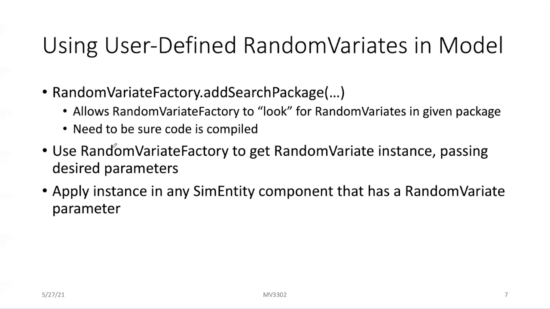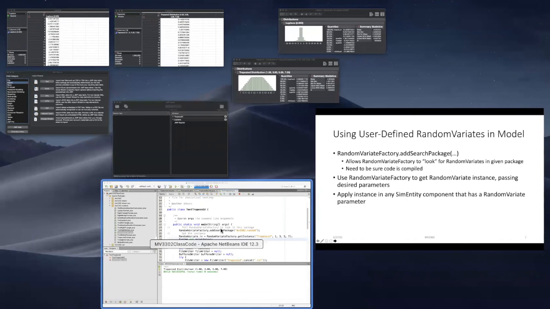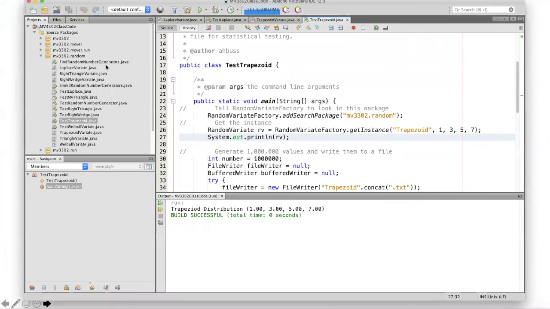So we can use our random variate factory to get the random variate instance, passing the desired parameters, and then we can apply that instance in any sim entity that has a random variate. Okay, so let's see an example of this. I don't have one that I've committed, but let's